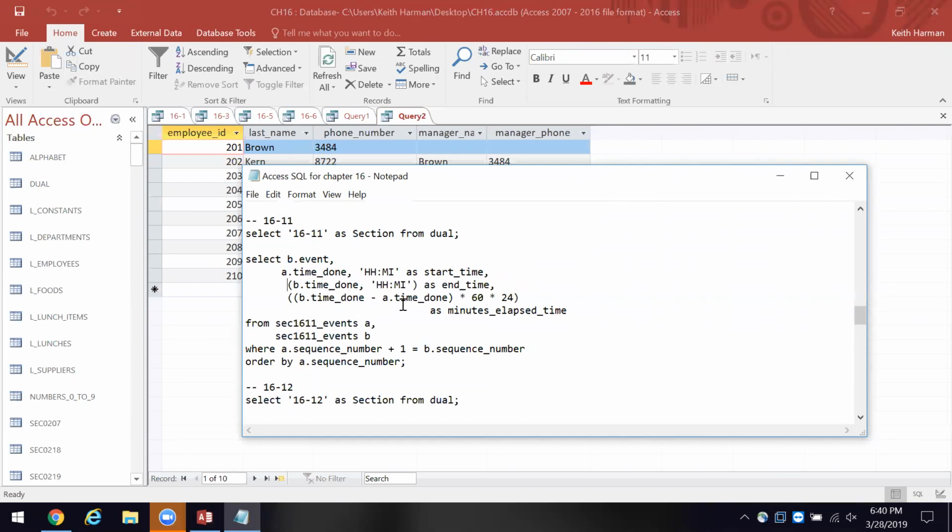And I'm going to get rid of the parenthesis, B time, and I don't need the parenthesis because I'm not using that to character. If you look at the text at the bottom of page 619, okay, the Oracle SQL uses to character, and what that means is turn those into character type data. And then we've got the time done, and here the parentheses inside the time, and I'm going to use the round function